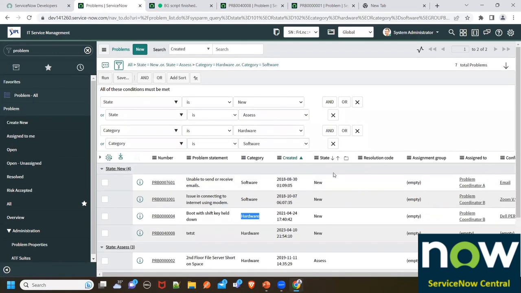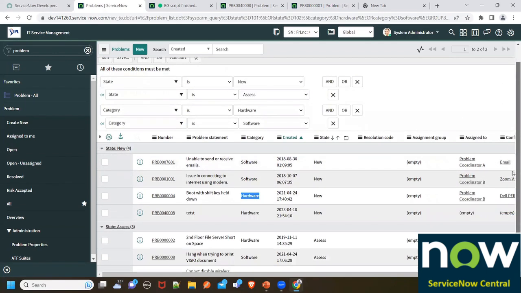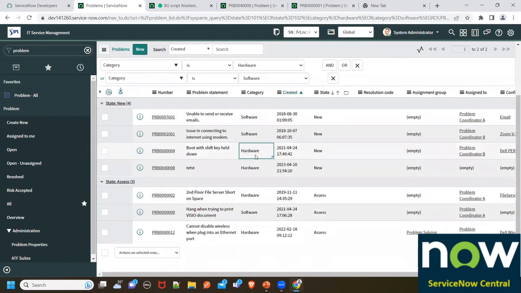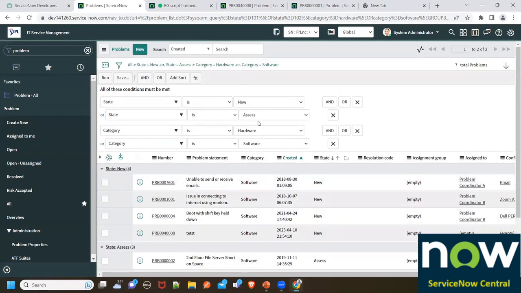Let's say I don't have any category wherein it is hardware. Let me make it software. Everything I'll make it software so that it will become easy for the rest of it. Now earlier you saw we were seeing hardware also, software also. Right now technically hardware is not present in any of the problem records, right? So if I run the query back again,